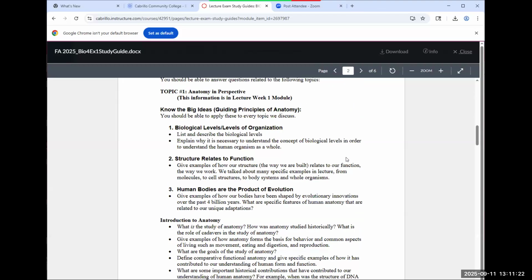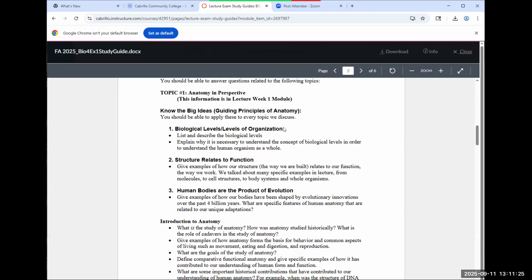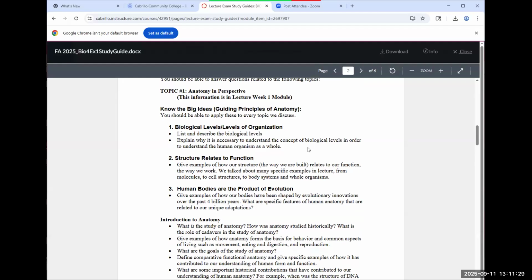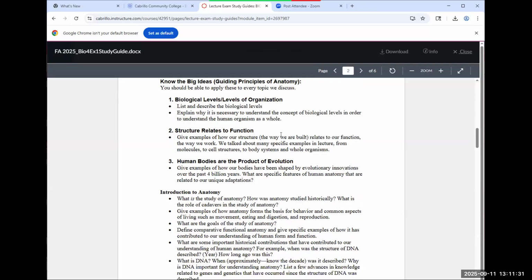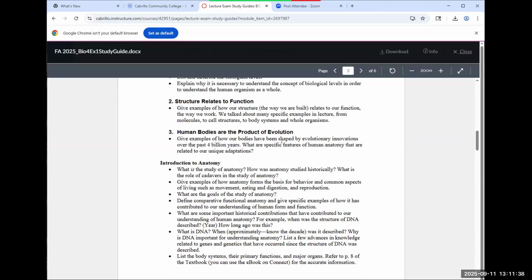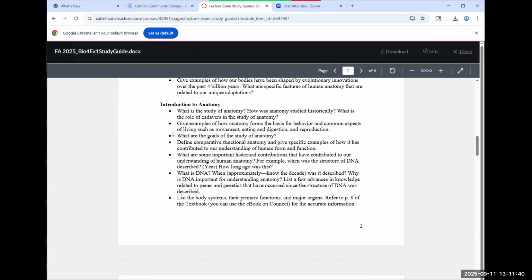So I just provided some ideas for you to think about. Every topic that we talk about, practically these three big ideas come back, right? Biological levels, structure relates to function, human bodies are the product of evolution. These are some of the things that we talked about in the initial parts of the class, an introduction to